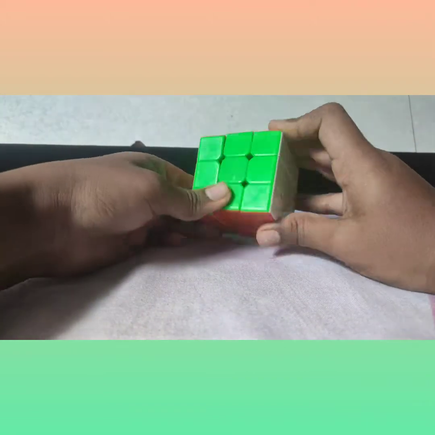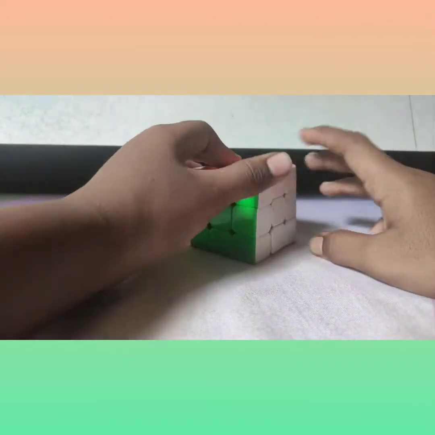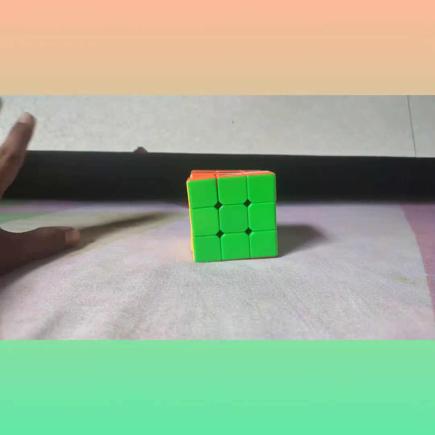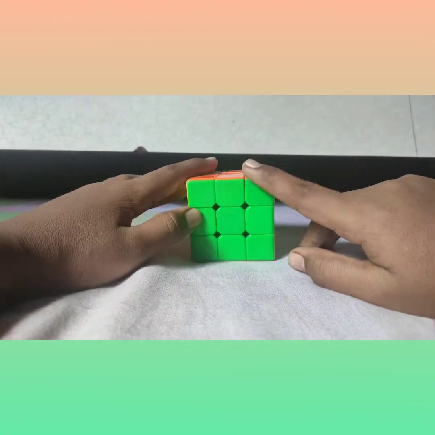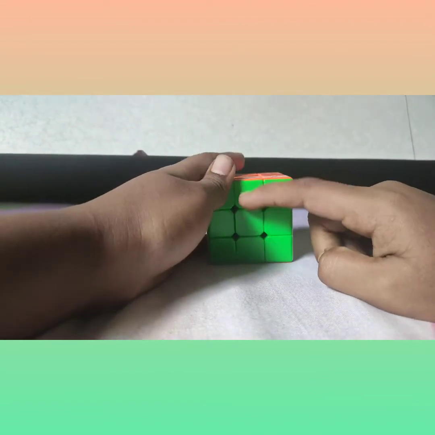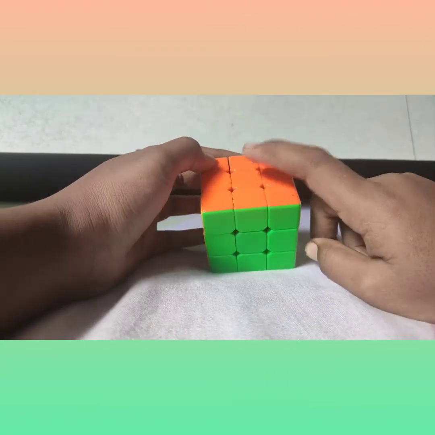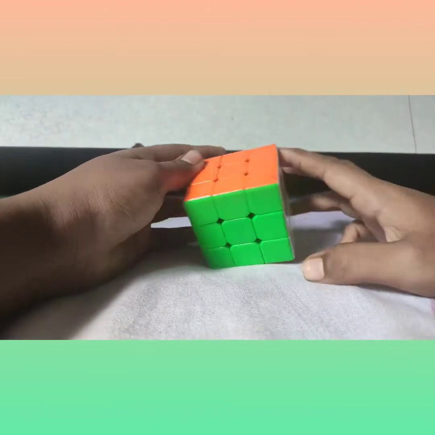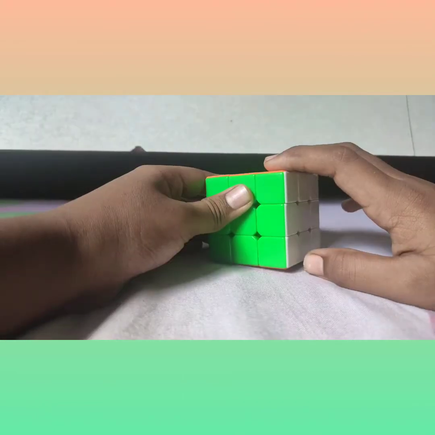See, in the cube in cube pattern we have to take 3 colors. As an example, I'm going to do it like this: the green is my front, the orange is my top, and the white is my side, and I'm going to show you how we will see this.